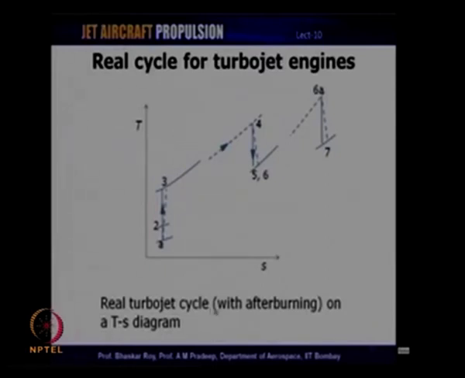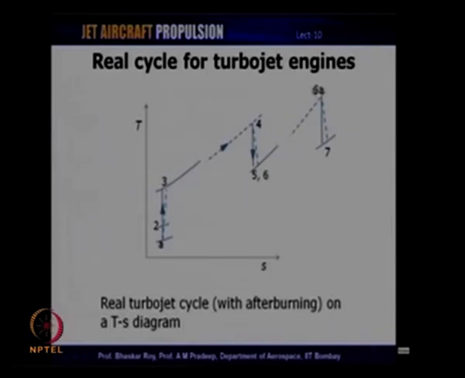So, in this cycle that we have shown here, this is a TS diagram. You can easily see that all up to station 5, it is exactly the same as that of a simple turbojet. After 5, we have afterburning taking place, and therefore, there is reheating of the exhaust products, and because of reheating, the cycle temperature is now higher than what it was earlier. And since this is a process which is identical to that of a combustion chamber, there is a pressure loss occurring in this process, and that is why we have a broken line here of the pressure. It is no longer a constant pressure process.